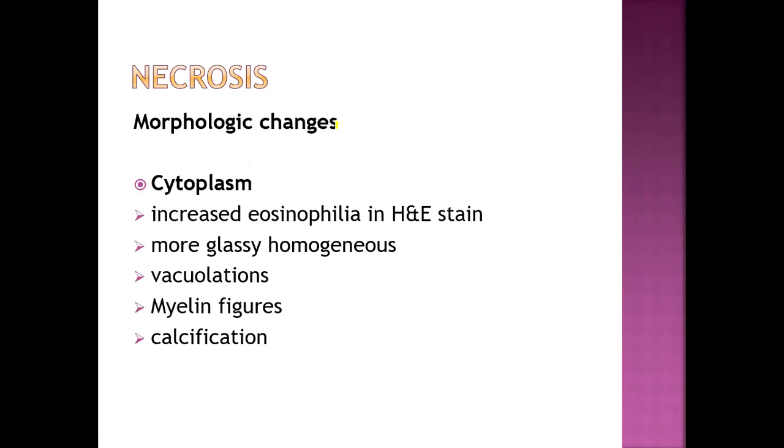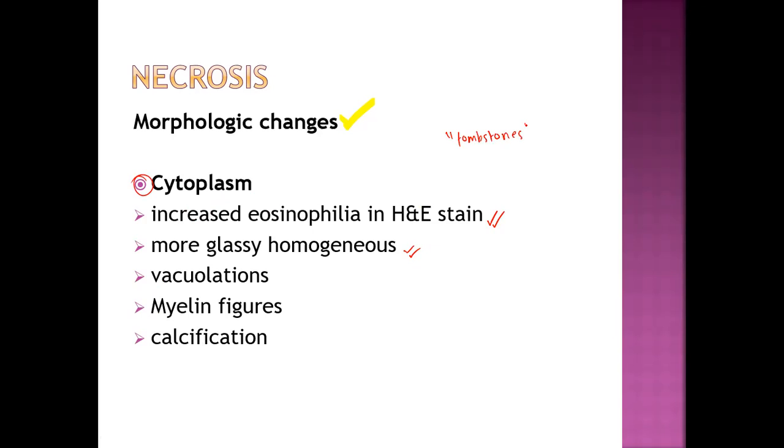First of all, we will be talking about morphological changes in the necrosis. Whenever we are asked to talk about the morphological changes, we will be talking in two contexts. First one is cytoplasm and another is nuclear. So in cytoplasm there will be increased eosinophilia in H&E stain, and there will be a more glassy homogeneous look of the cell. And another point is the cell may appear as a tombstone or